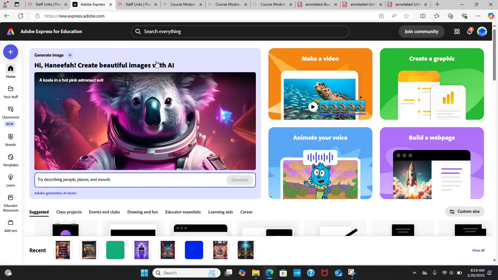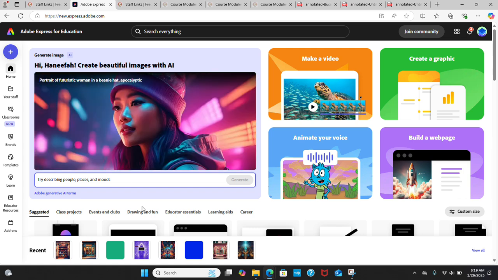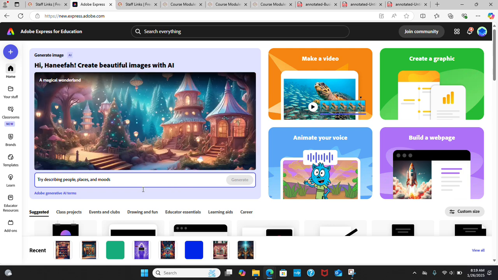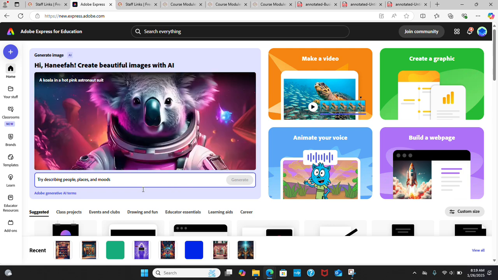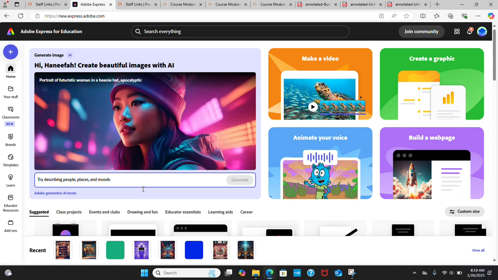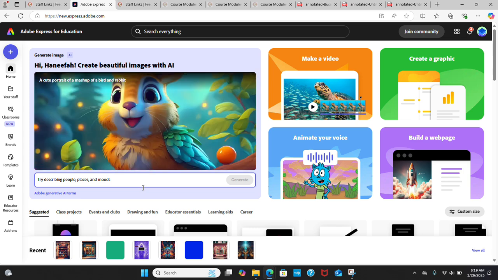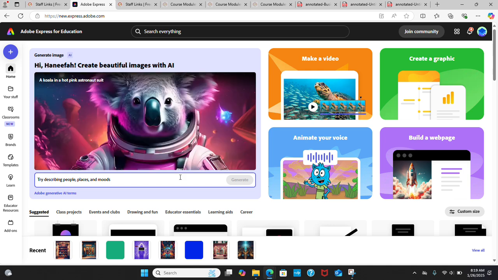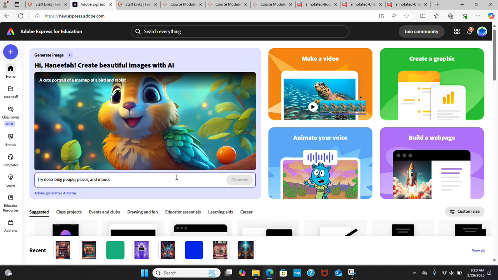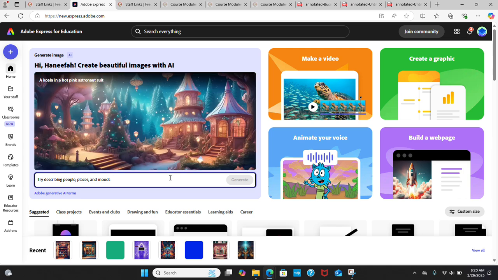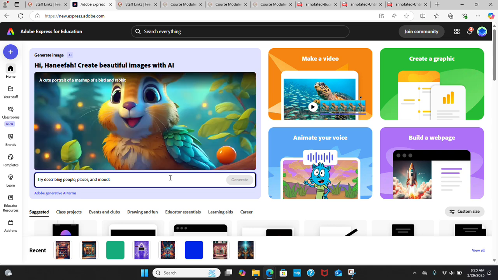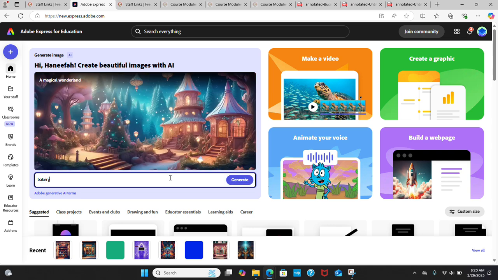Once you're in, you'll see the AI generator. For my entrepreneurship class, you'll be generating an image, a storefront image. For my web tech and cybersecurity class, you will ask AI to generate an image that corresponds with your subject matter. And I'll go a little more into detail about what you need to do with it once you get the image. So in this case, you can say, let me see, a bakery